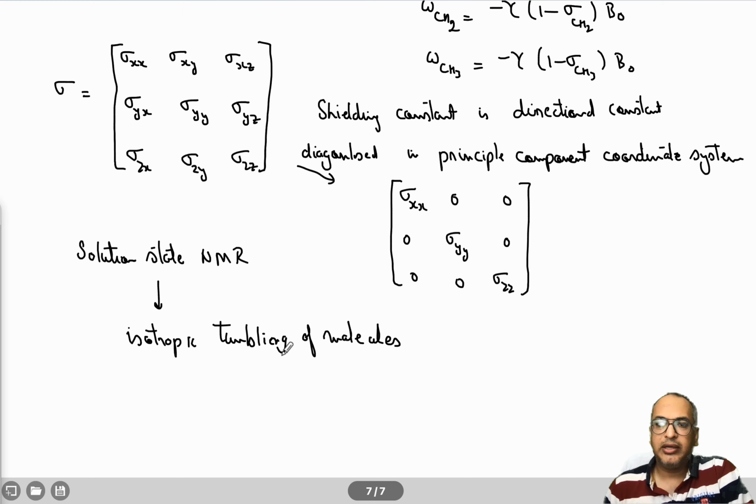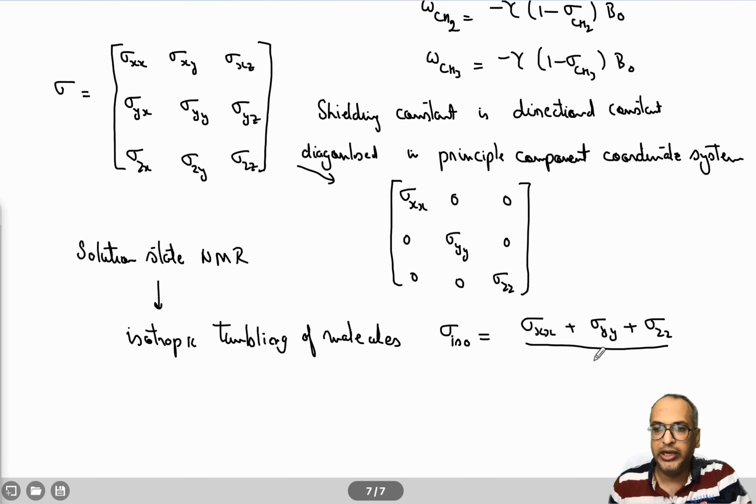So what do I mean? That the molecules are rotating, translating, colliding with each other, and that actually changes the orientation of the molecule with respect to the field, which averages out the shielding constants along x-axis, along y-axis, and along z-axis. So what happens? You end up measuring sigma isotropic, which is nothing but the average of the three components. So essentially we measure only the average shielding constant for all protons, right, or for all individual nuclei.